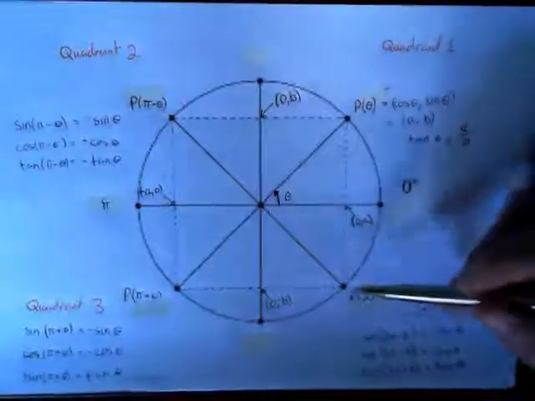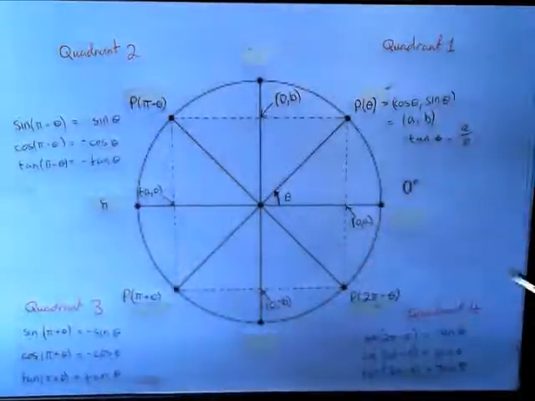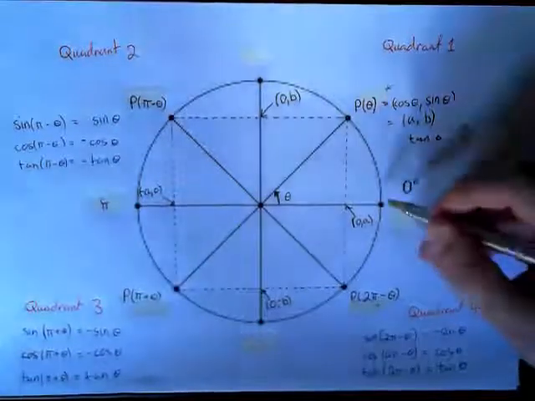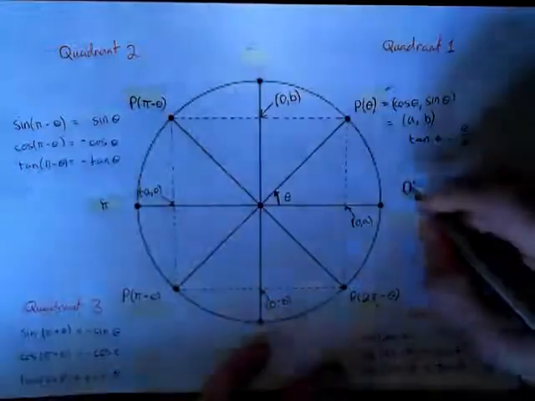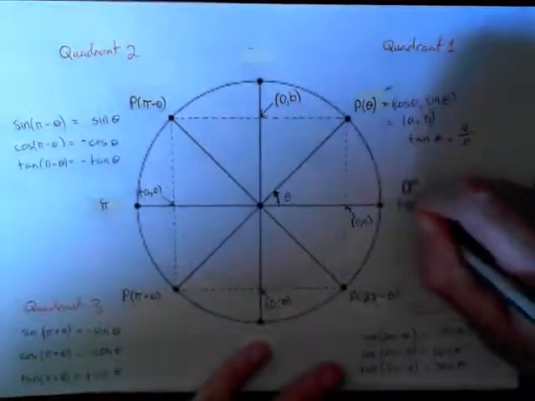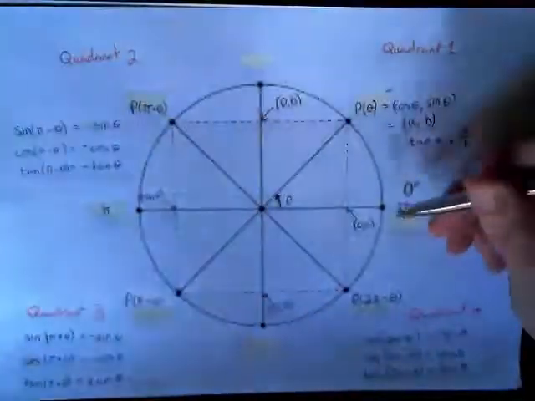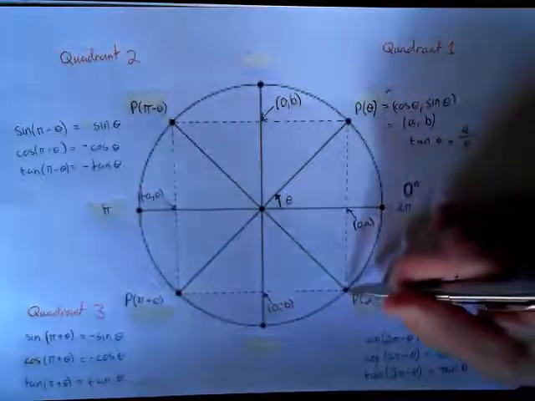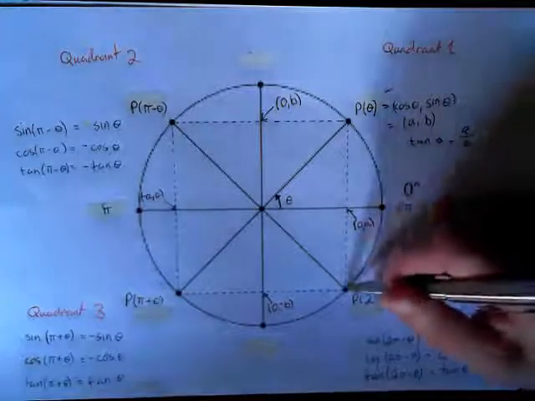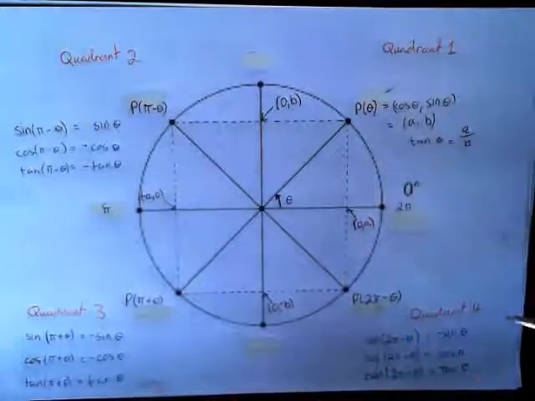Okay, last one, we go around to the fourth quadrant. The equivalent angle in the fourth quadrant is 2 pi, so we can write in here 2 pi, 360 degrees is 2 pi. 2 pi minus theta gives us the equivalent angle in the fourth quadrant. So if we look again,